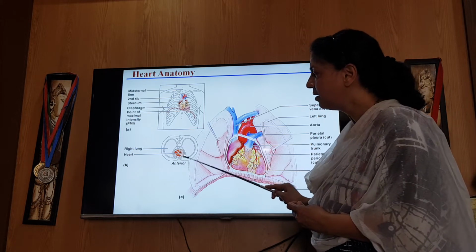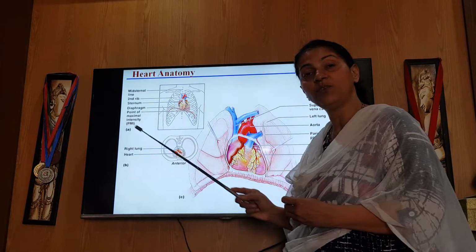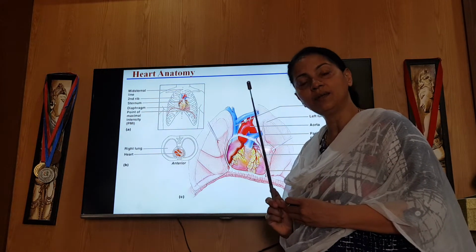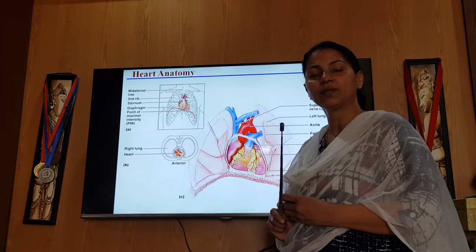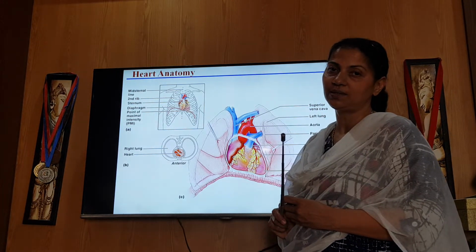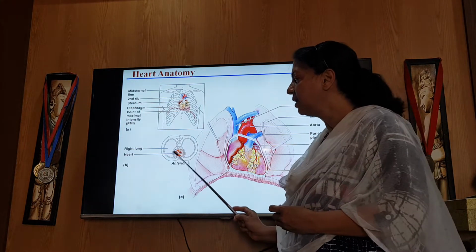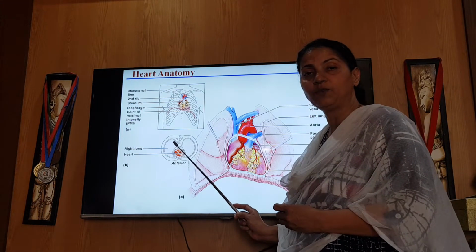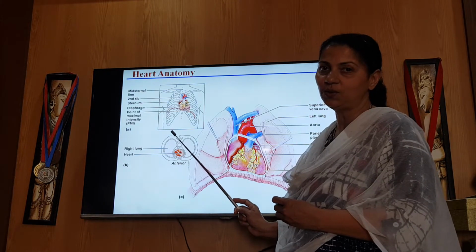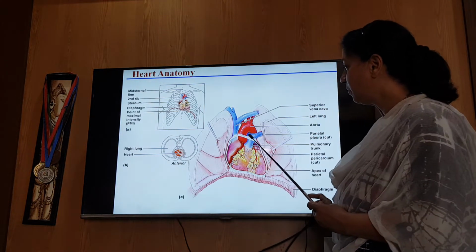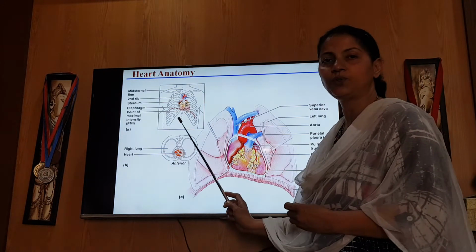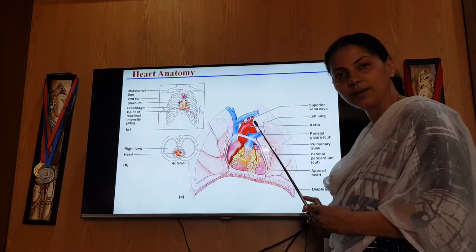is lying in the mediastinum. Which mediastinum? The inferior mediastinum. And the inferior mediastinum is also classified into anterior, middle and posterior mediastinum. So the heart is lying in the middle part of the inferior mediastinum. Okay, understood? Now here you can see we have pushed away a little the two lungs which were covering